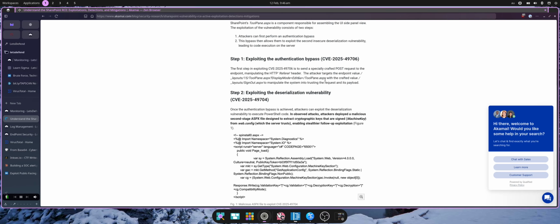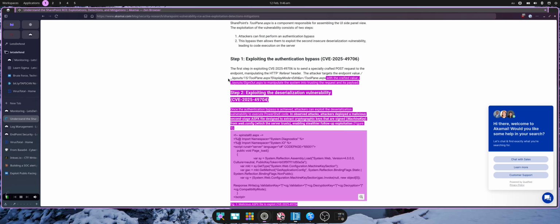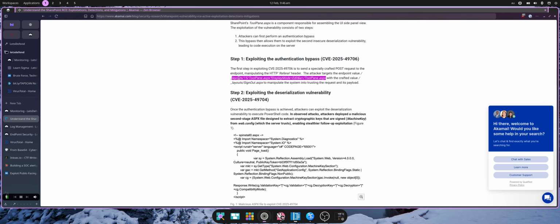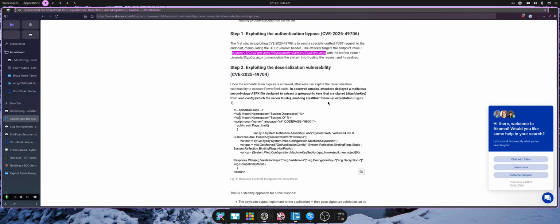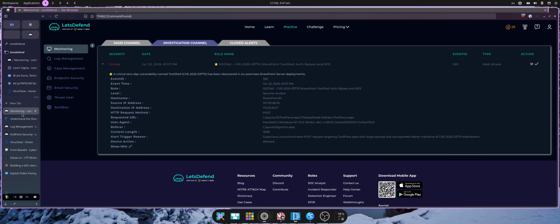So in our logs, we're going to be looking to see if that was the endpoint that was hit, and then with a crafted payload, it allows you to execute PowerShell code, and this is an example of a PowerShell script that you could run through it. So they're the sort of things we need to look for in the logs to confirm that the CVE has been successful. So if we jump back to our ticket,